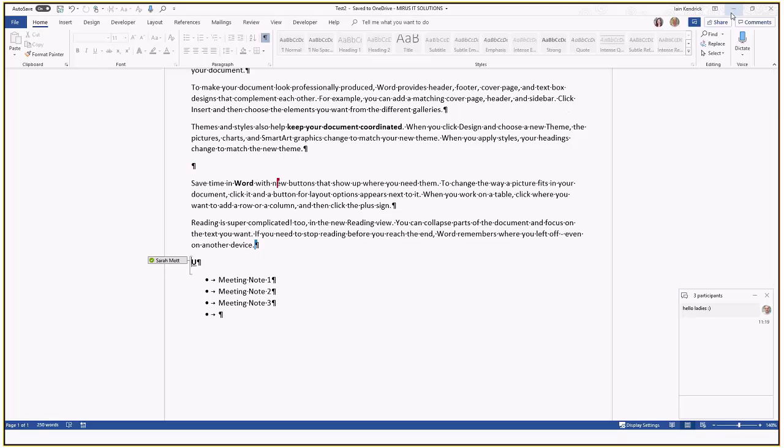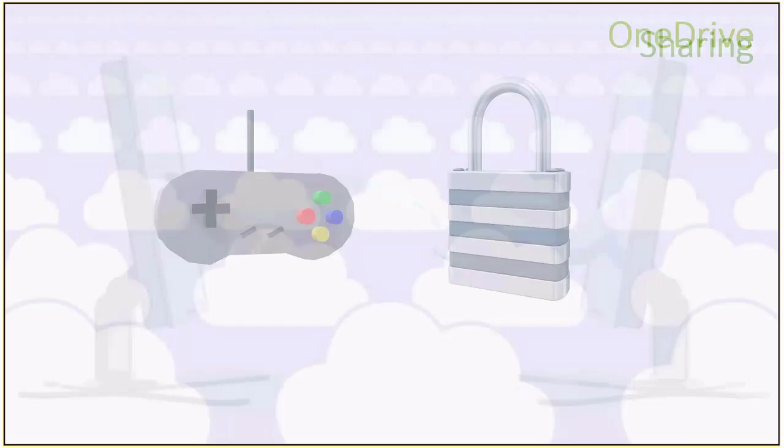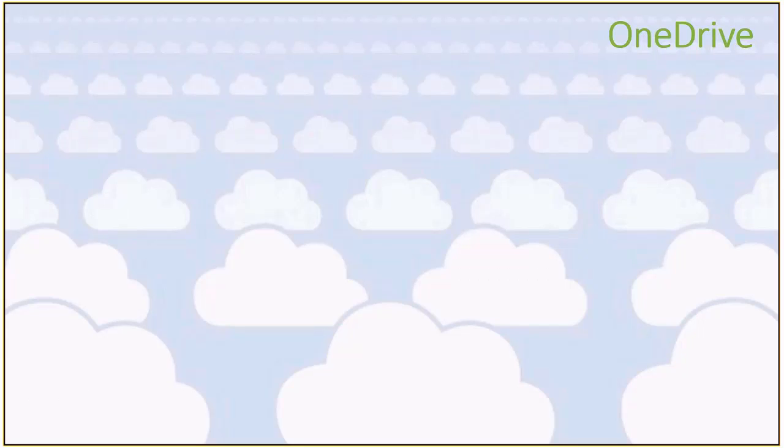So I'm going to go and close that document down. And one of the nice things about the sharing function, as I said, is it's completely secure. So you don't have to worry about that document being shared outside of your network of people who you've shared it with. So let's move on to the next section, which is all around a quick overview of how OneDrive